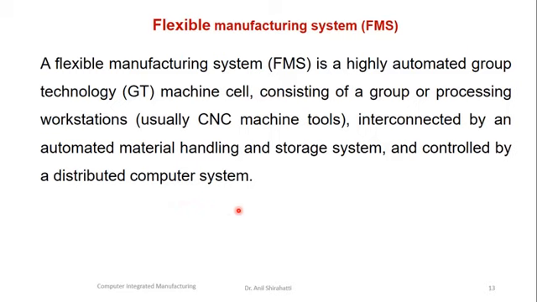So what happens in the complete system is, once the raw material goes inside the machine, it comes out after being worked on by different machines. Everything is completely automated and controlled by computer. So we want to avoid human intervention in a flexible manufacturing system. And because of this, I can run this 24/7.